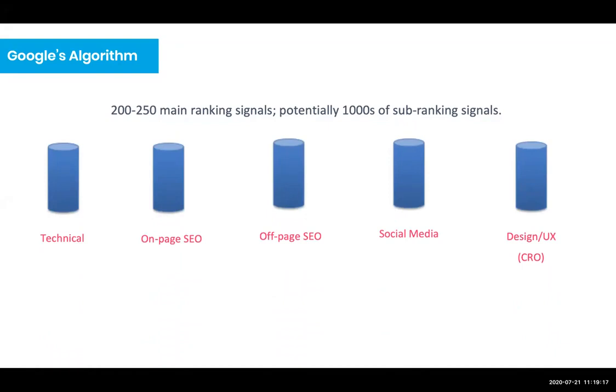You can place all of these ranking signals onto one of 5 pillars. The technical health of your website, making sure your website hasn't been hacked, etc. Then on-page SEO, starting with keyword research, meta tags, optimization, creation, basically all the stuff that you can physically do